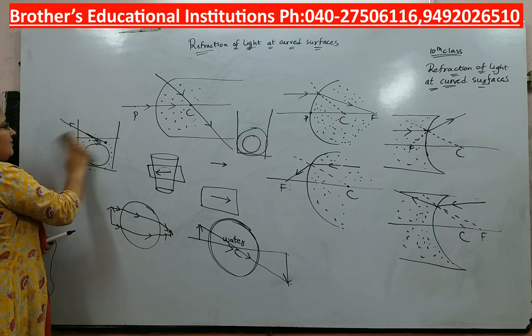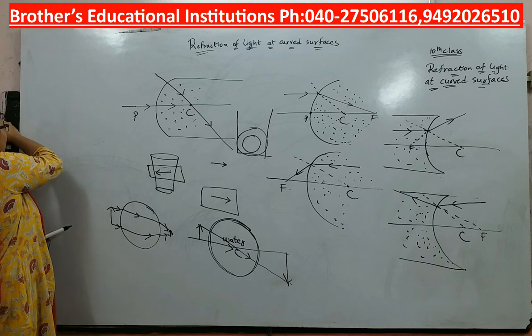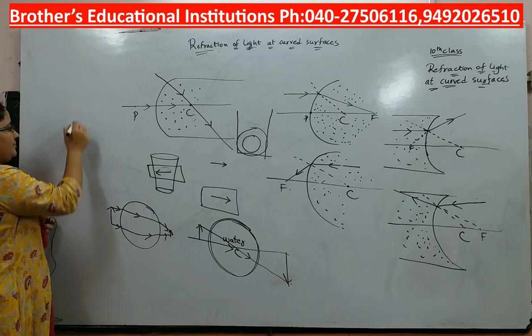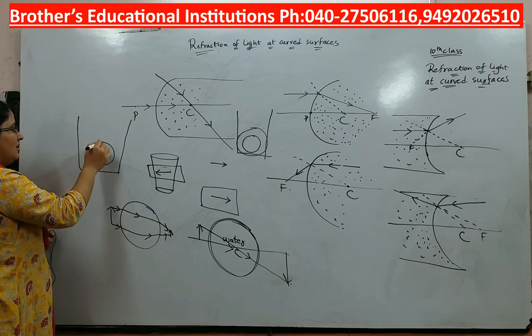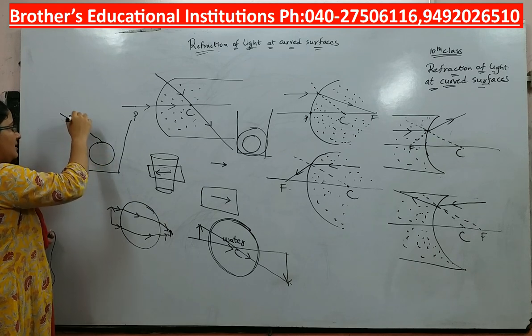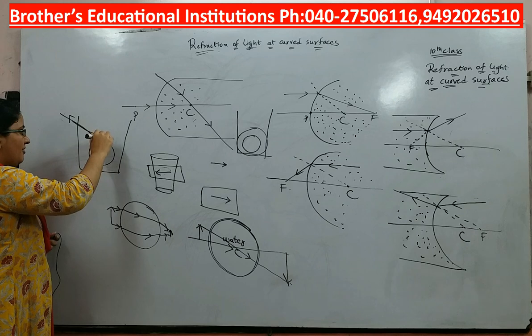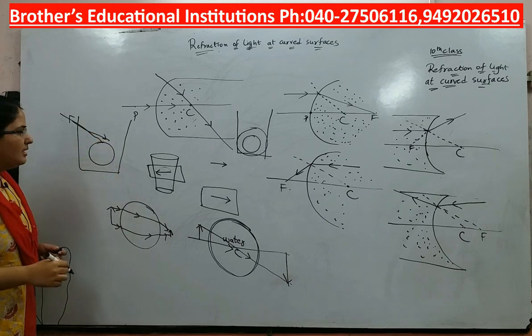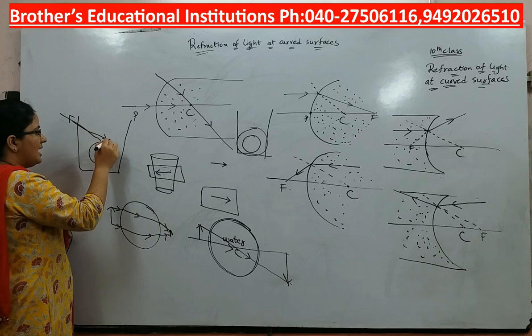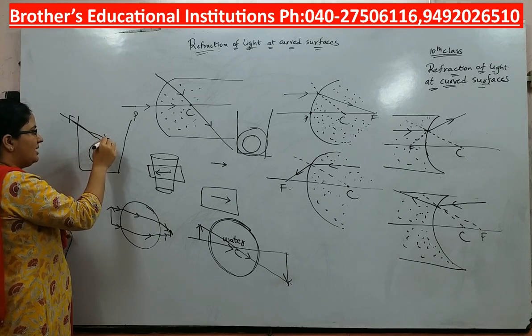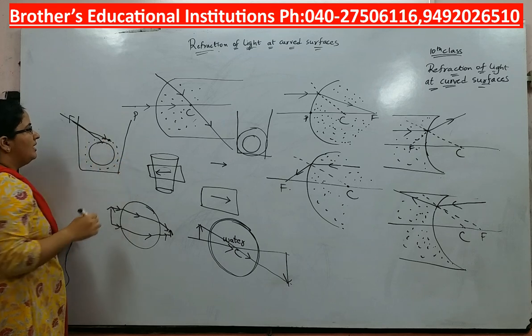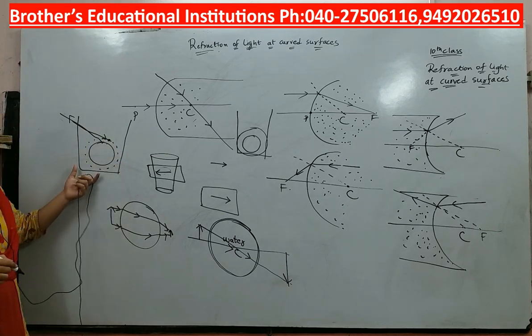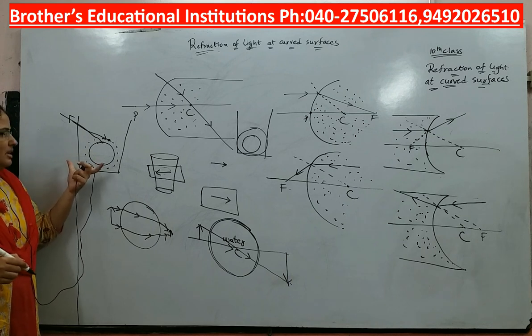Once again, I will explain this. See here carefully. The lemon is actually here. Light from the lemon bends and travels. This bent ray appears to be coming from here, where there is no lemon. So for our eyes, this point is over here, and this point is over here. If you draw every point like that, the lemon appears to be bigger in size. This is why the lemon appears to be larger in size.